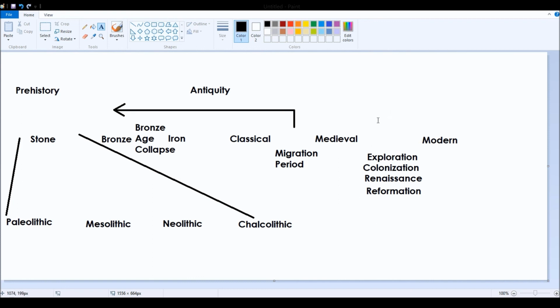So it really was an age of transition where people decided to expand the scope of their ambitions to beyond Europe, and to also re-examine ancient texts and to question the institutions of their day. So that eventually led to the modern era, and modern having the word mode in it,